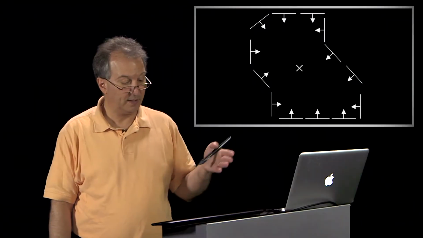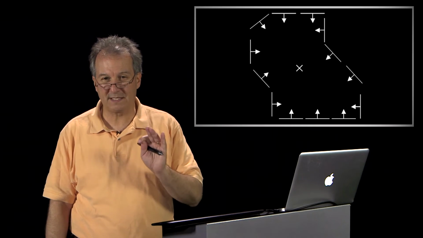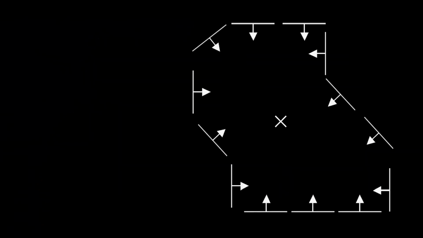So let me take you through an example now. In this example, here you've got a picture. I'm going to assume a few things to make it easy. The first thing I'm going to assume is that we've got these little edge elements, these gradients. And I'm going to assume that we know which way is inside to the edge and which way is outside. It just makes it easier for the image for indexing.